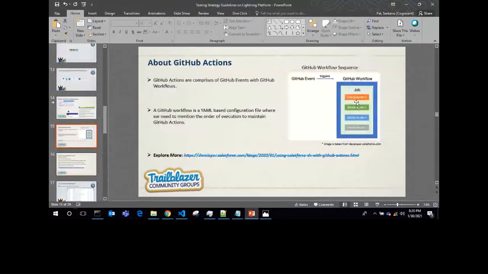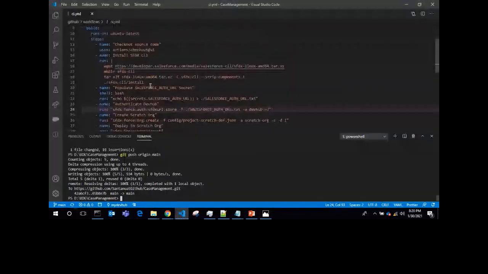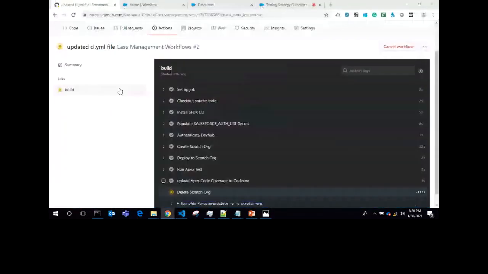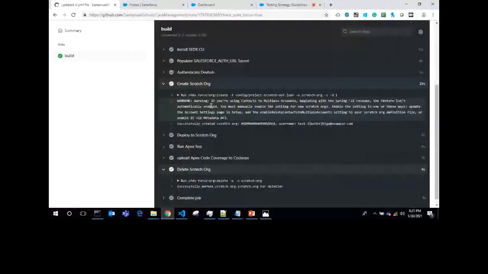the GitHub actions 1, 2, 3, and so on, you can see those actions mentioned here. So if I go to the code base, I have written the setup job first, one by one: check out source code. Next, I need to copy the Salesforce auth URL to a main machine.txt file, from the Salesforce auth URL secret. Using that Salesforce auth URL secret, we are able to log in to the DevHub, whatever credentials I have given. Now after that, it has created the scratch org on behalf of the DevHub.